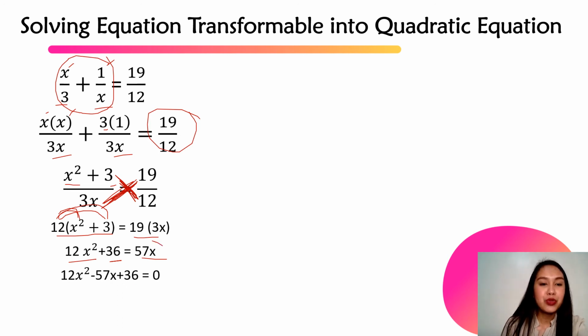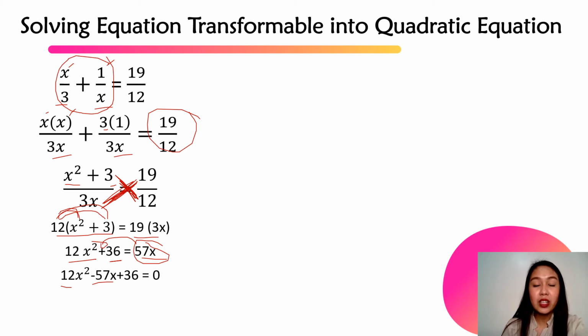Now we have to just transpose 57x on the other side of the equation. It becomes negative 57x. Now again, this is quite familiar to us. This is a quadratic equation. But this particular quadratic equation, we can still simplify